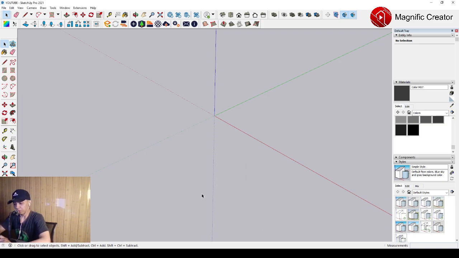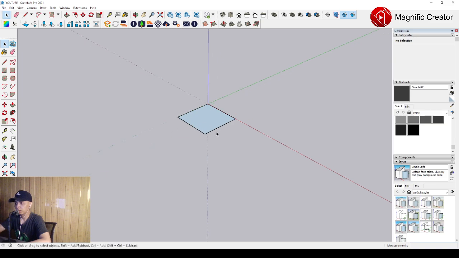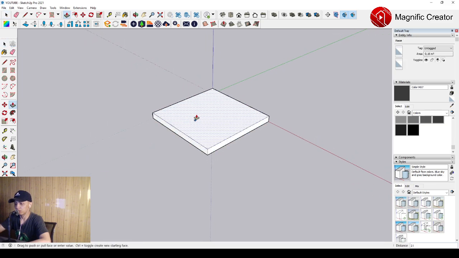In this video, I'm going to explain to all of you how to make a luxury side table. First of all, we have to make a basic shape with a rotated rectangle. Start from here, and then we can set the size to 400 by 400 millimeters, and then we have to push it up around